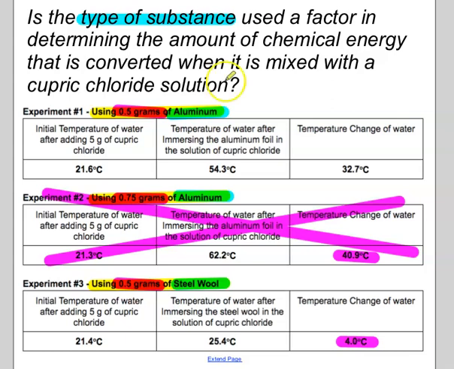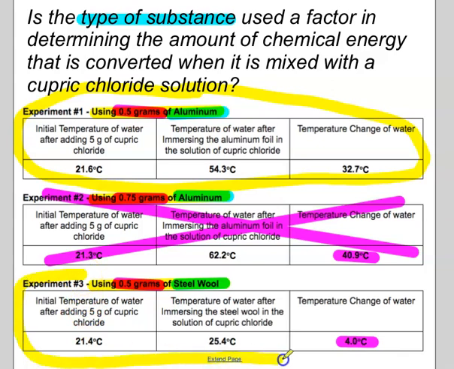We have to use this one right here, and we have to use this one right here. So what do you write now? You have to use the evidence. Well, just use the evidence that's there. How could we talk about this? What could you say? Well, you could simply say something like, well, when we use 0.5 grams of aluminum, the